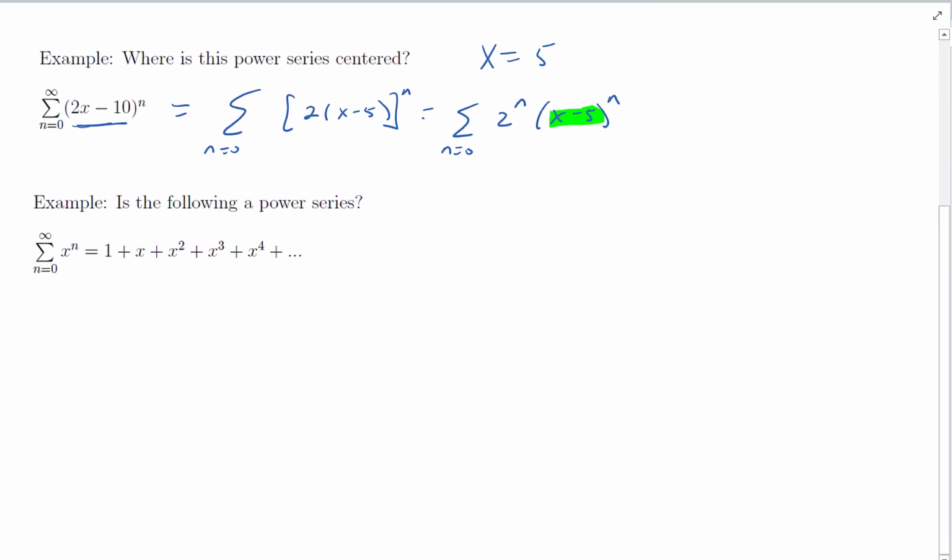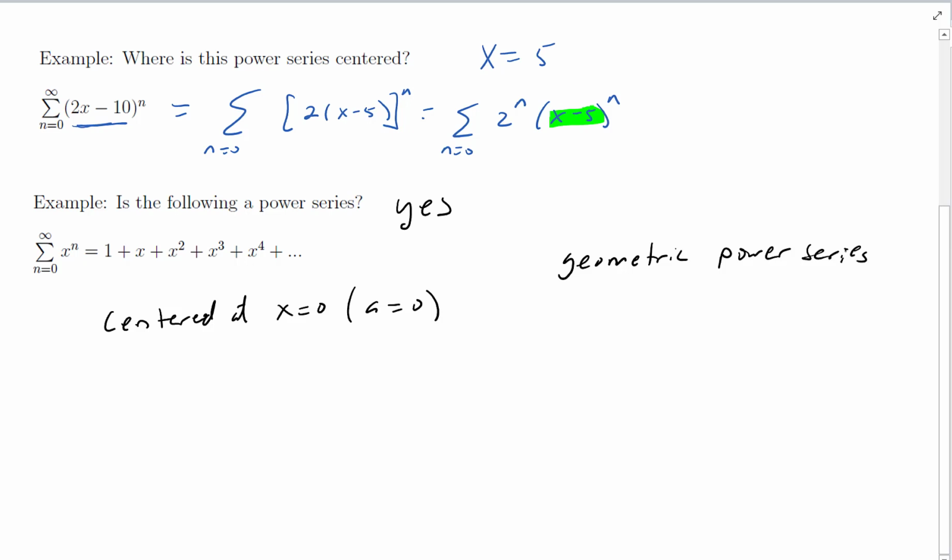Our next one here says, well, is this a power series? The summation of x to the n. If we expand it out, that's 1, x, x squared, x cubed, x to the fourth. The answer is yes, that is a power series. We know it's centered at x equals 0, or sometimes you'll say a equals 0. But we also know something else about that series. If you look at it, this series is a geometric series. So it's really a geometric